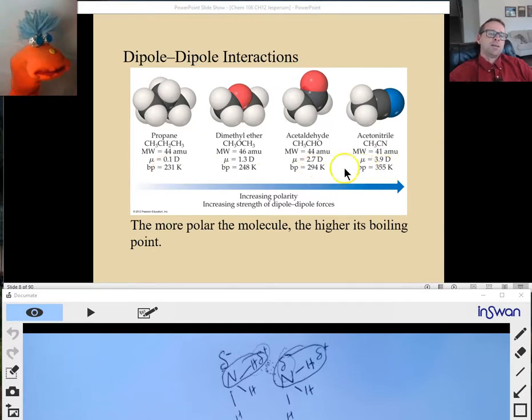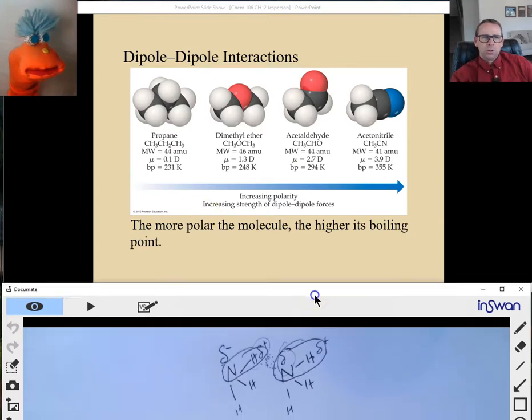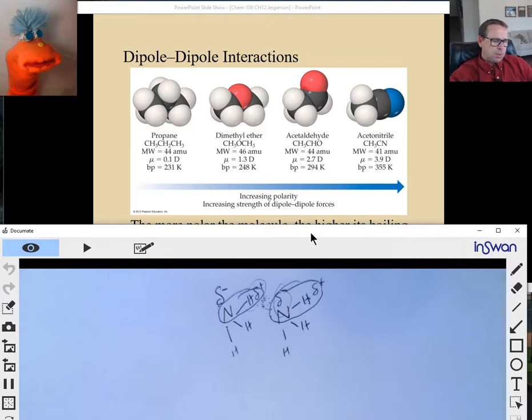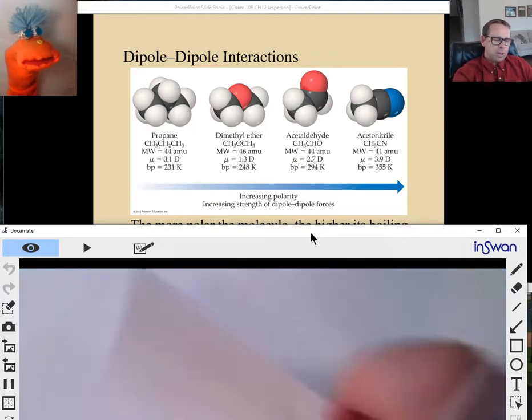Now, why does an increased polarity or increased dipole moment result in an increased boiling point of a compound? I'm not sure. Well, to boil something, you're heating up a liquid and turning it into a gas. Why do you have to heat up that liquid to make it turn to a gas? I don't know. You just got to heat it up, right? Yeah, but there's a reason why you have to heat it up. What you're doing when you heat up a liquid